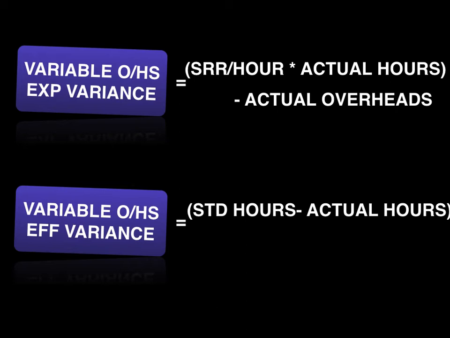You will get a variance, but now you have calculated a variance only of hours, so you have to multiply it with some rate. In labor variances, we also calculated the difference of the same, but we multiplied it with the wage rate. Here, you will multiply it with the overheads rate, which we have calculated. You will multiply it with the SRR per hour, right? Again, the same thing: positive means favorable and negative means adverse. All right, so let's further revise with the help of an example.